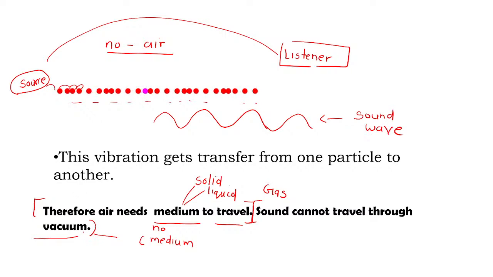Also, when you go outside the earth's atmosphere, we know that there is no air, there is nothing in space, so communication between astronauts is not possible. The sound has no medium. Even if you talk, there is nothing for that sound to travel through from you to the next astronaut. Therefore astronauts cannot communicate by normally talking over there. There is a special thing that they use so that they can communicate with one another.